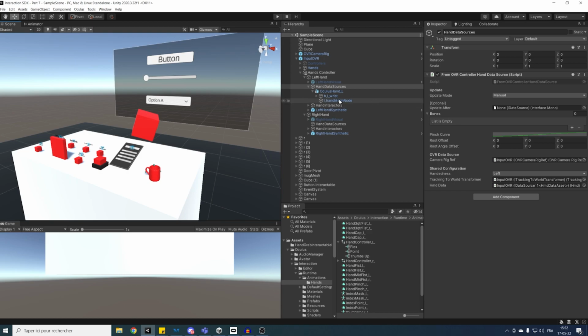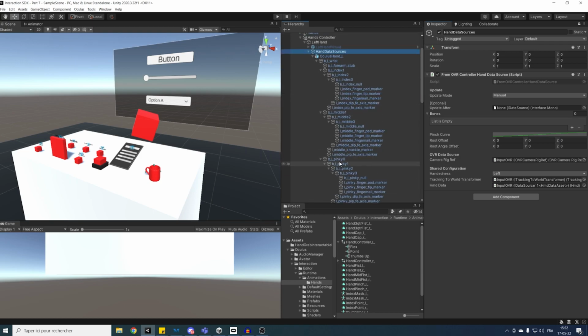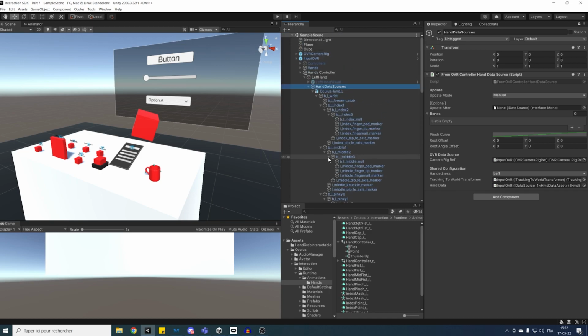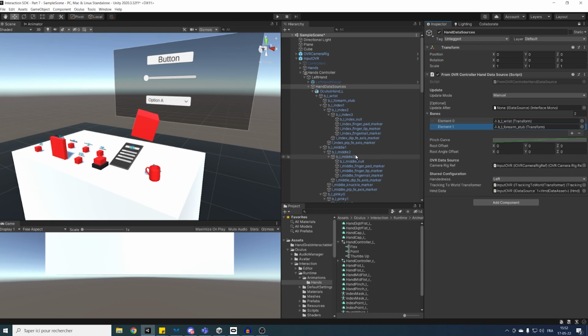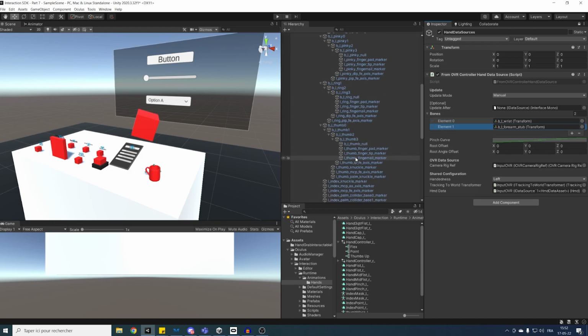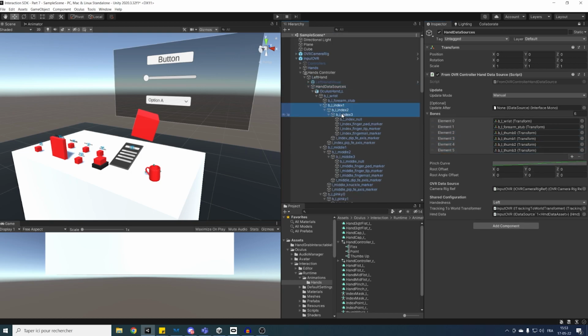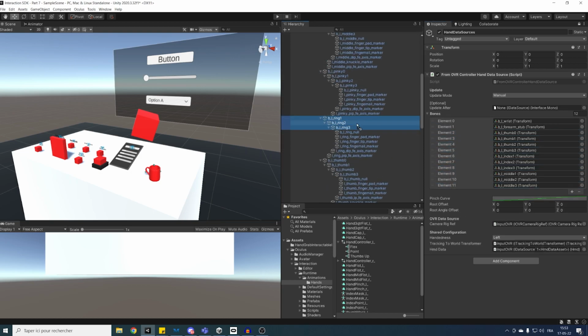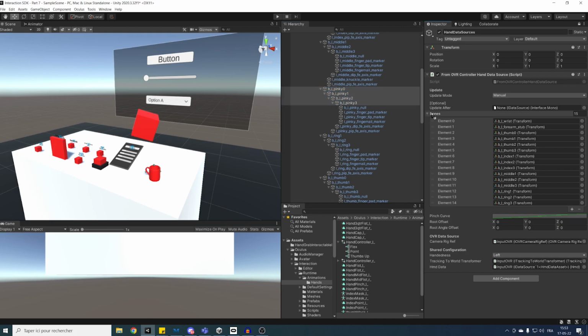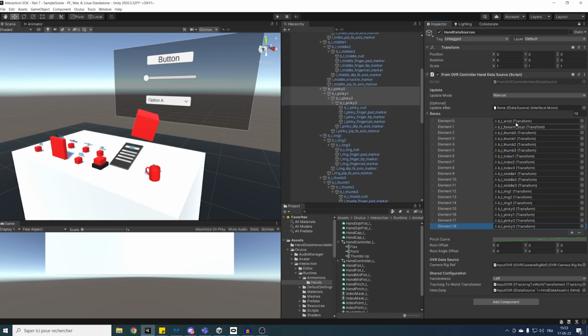So first, select the hand data. Click on the lock icon here to lock the inspector window, and now press the Alt key and click on the drop icon here to display all of the children of the hands. And I'm going to first drag the wrist and the forearm in the list, and then we're going to add one by one each finger, starting with the thumb, then the index, the middle, the ring finger, and finally the pinky. So at this stage, you should have 19 elements in the list, and the 5 last